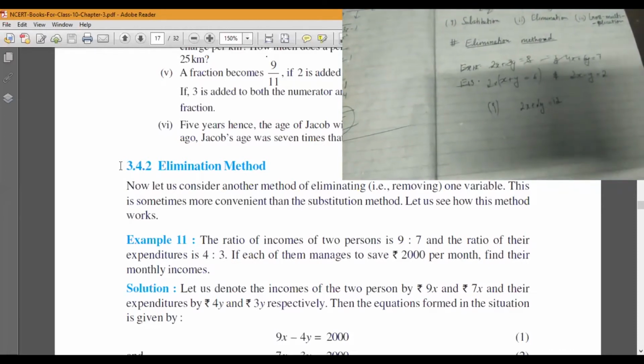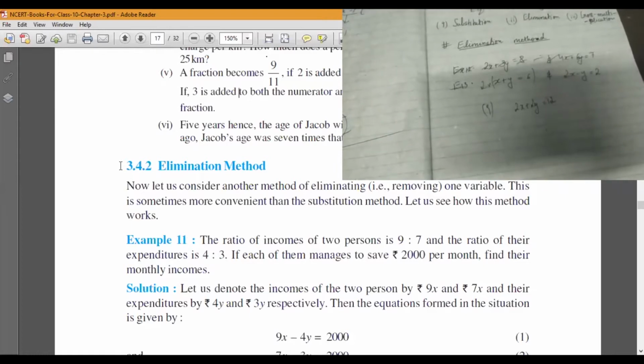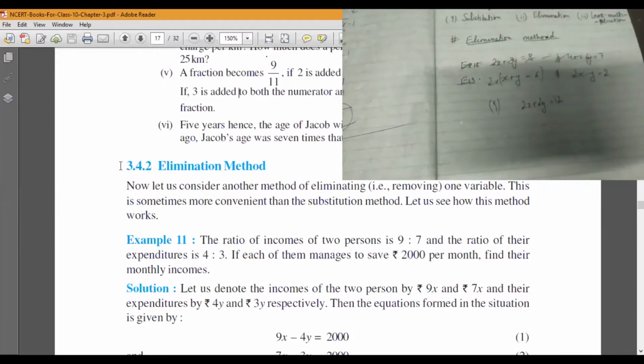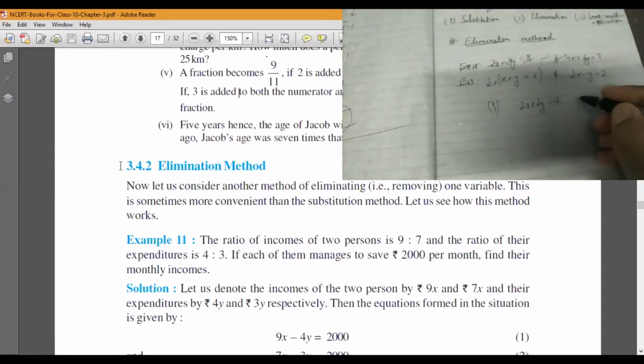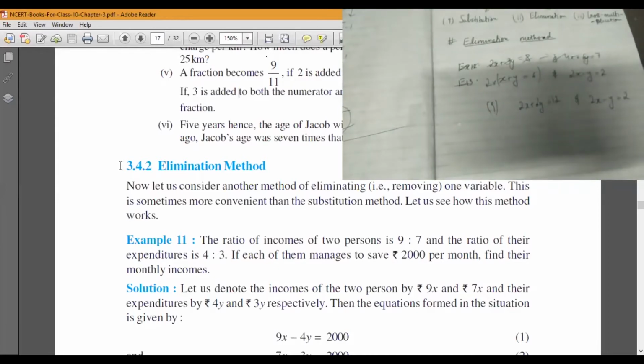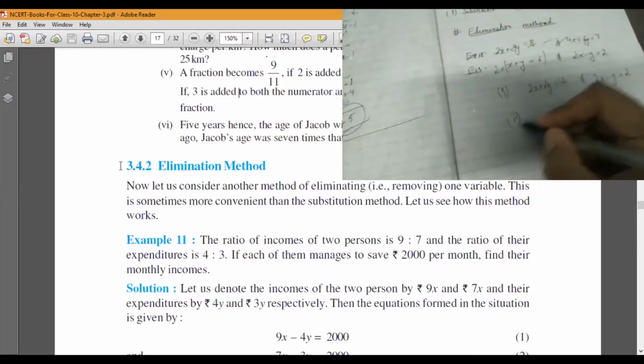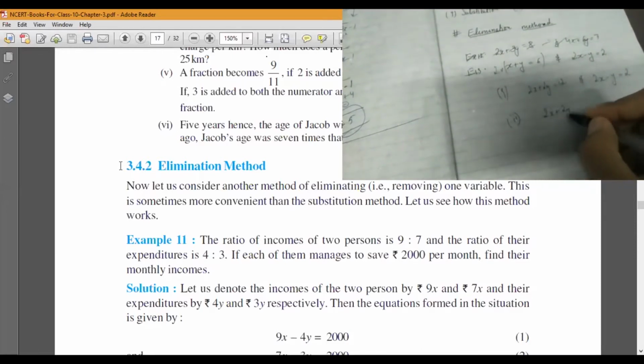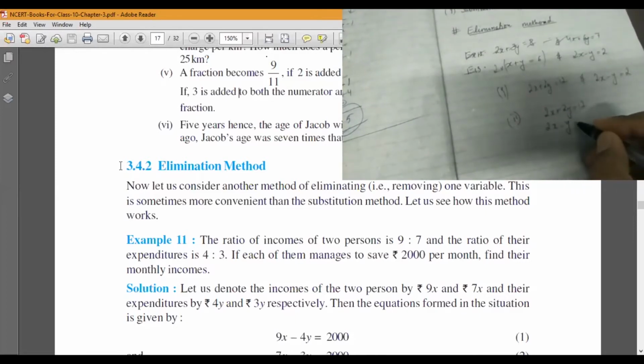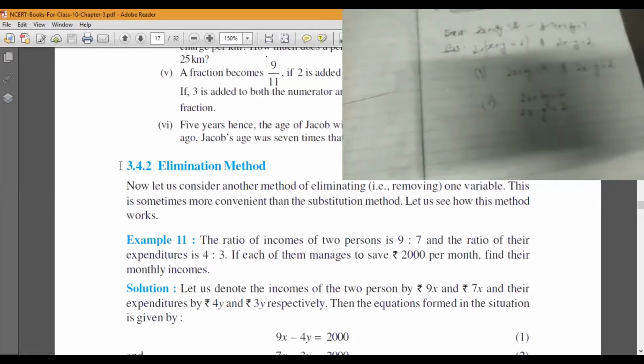So this is our first equation. As you can see, we have multiplied 2 on both the right hand side and left hand side, so it doesn't change the equality of the equation. The equation is still the same. Now, the second equation is 2x minus y equals to 2. So the next step is to write the equations like this, row wise.